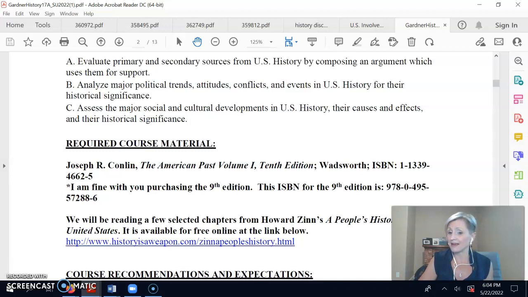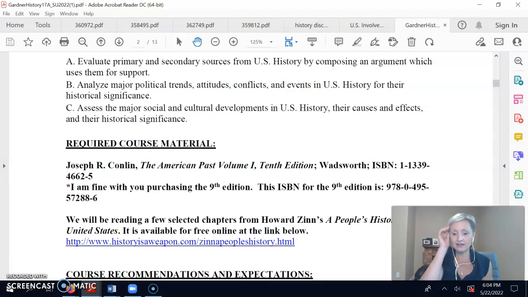And this book, I'm fine with the 9th edition, 10th edition. I don't really care. It is available pretty much everywhere. It's a multiplicity of different vendors that you can buy it from. You can rent it from. You can rent the digital format. You can rent a hard copy. And I've seen it for under $10. So you do the math. I don't know how many courses you're taking this semester, but sometimes the opting out is the cheaper version.